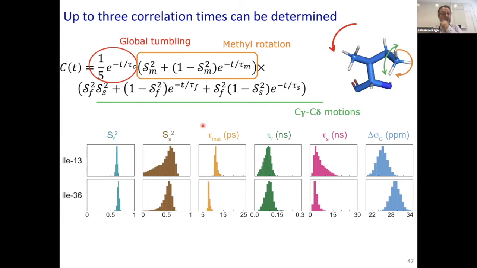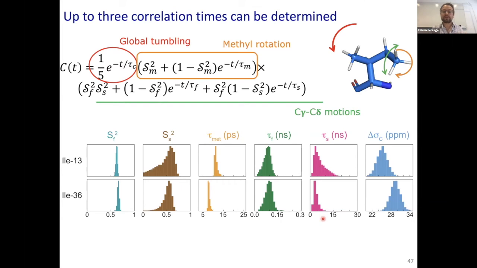And actually, we can fit all these parameters, at least in a subset of these isoleucine residues. So two order parameters and three correlation times. We find a correlation time for methyl rotation that is of the order of 10 picoseconds. And then for the motions of the methyl axis, we find some fast motions around 100 picoseconds and some slower motions in the low nanosecond range. Now, I mean, this is already quite fantastic, probing motions over 3 orders of magnitude of correlation times. However,